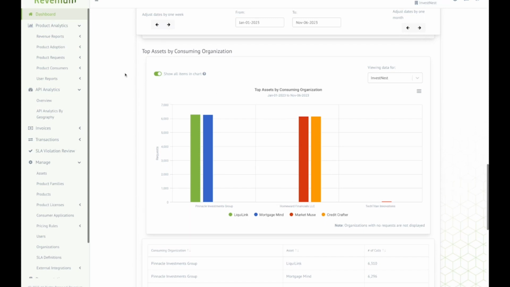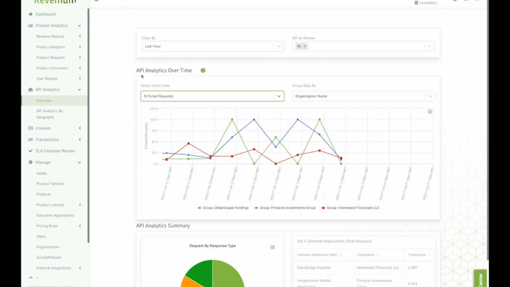I've gone ahead and preloaded some of the information I wanted to focus on in different tabs, and I'll go through that quickly. We'll first start in the section around API analytics. API analytics is the section that will provide operational information about the performance of your APIs to help you understand the experience that the end user is having consuming the APIs. And so we see we've preloaded here a report that shows the number of failed, or percentage of failed, requests by end user organization.